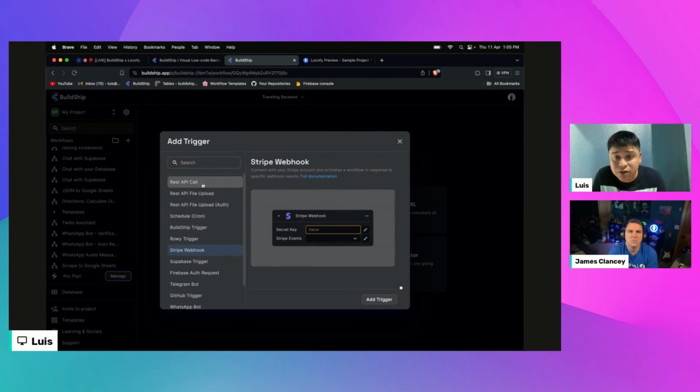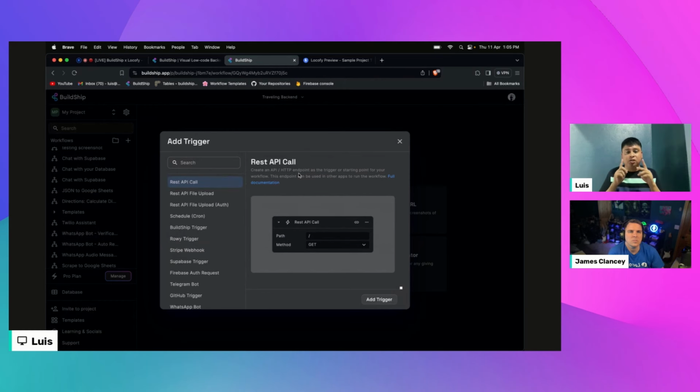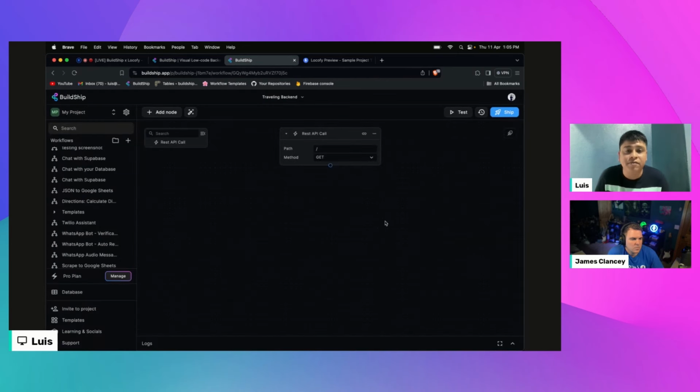But for now, we just want to select the REST API call trigger because what we want at the end of our workflow, when we ship it, is to get access to a publicly accessible API endpoint that I'll be able to share with James so that he can integrate with our front end. So I'll add this trigger, and then it's pretty basic, the configuration for this. So we just need to specify a unique path that we haven't used anywhere in our existing BuildShip workflows, and then an HTTP method. So for the path, I'll just enter calculate distance,